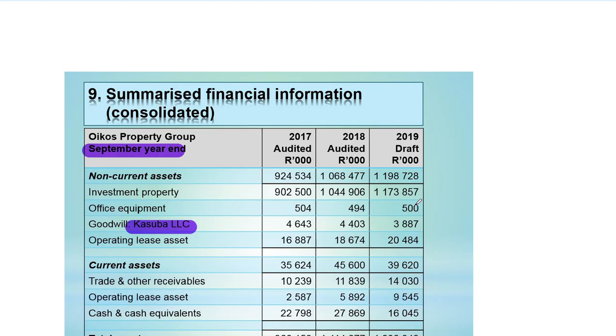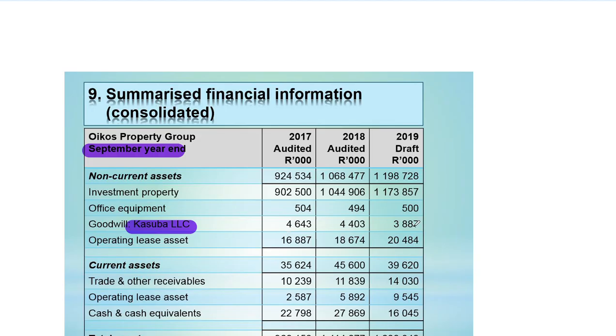And then we see office equipment. For office equipment, there is a decline from 2017 to 2018. That means there were no additional acquisitions, only the depreciation maybe that was taking place. You're just making assumptions; you're not sure what is happening. Then next, there's an increase, meaning to say they probably made an acquisition of office equipment. And when you're looking at the goodwill each year, what do we see? We see a decline each year.